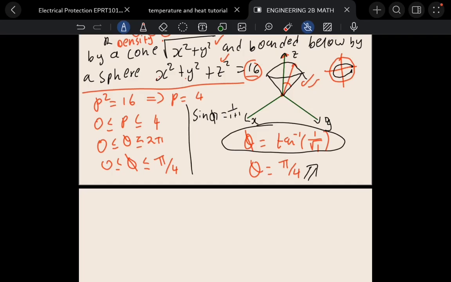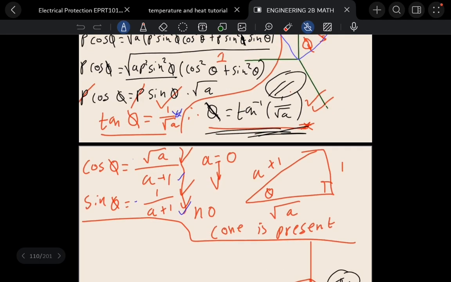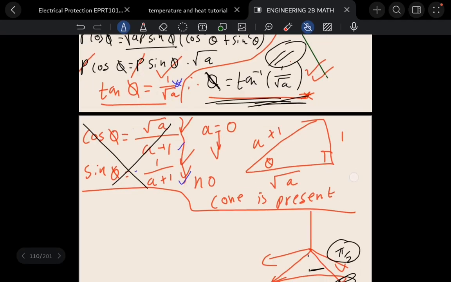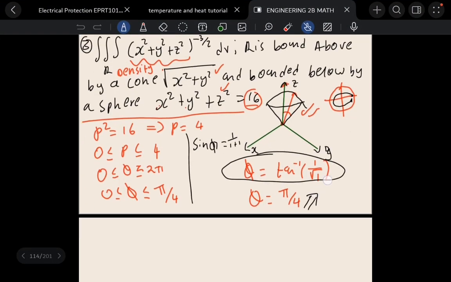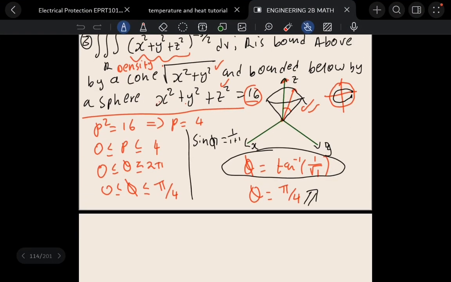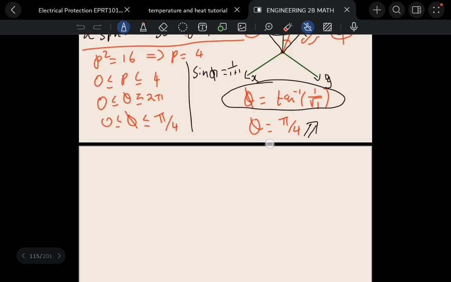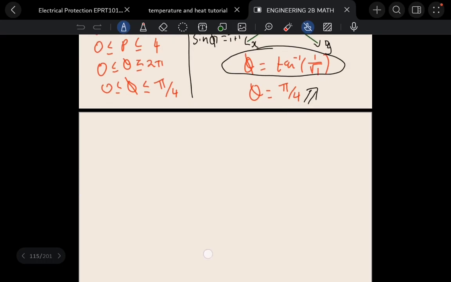Now I can see, always they use this equation for tan. Do not use the other two, guys. It's going to confuse you. Or I'm not thinking right. Yeah, sometimes maybe I'm not thinking right, but no. Use the one with the tangent. So it's going to be pi over 2, pi over 4. So setting up this integral,